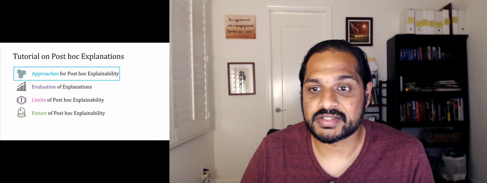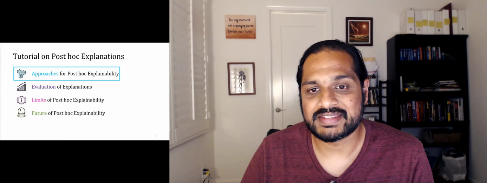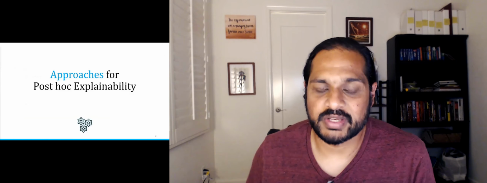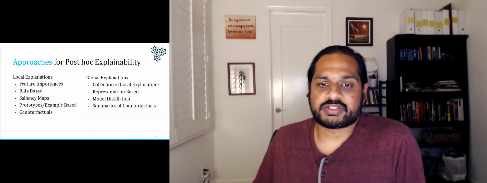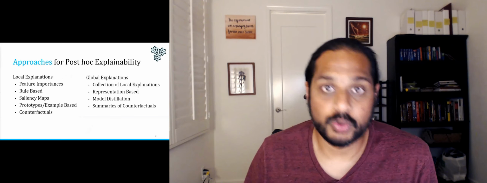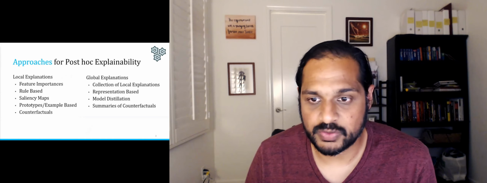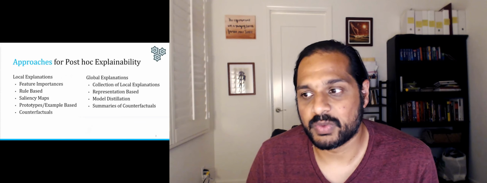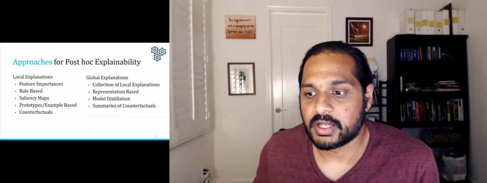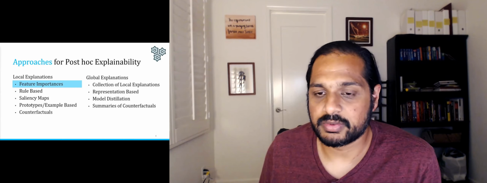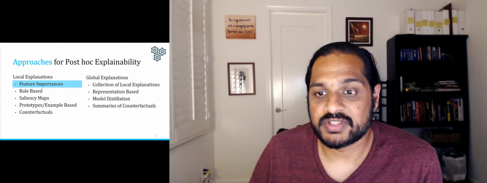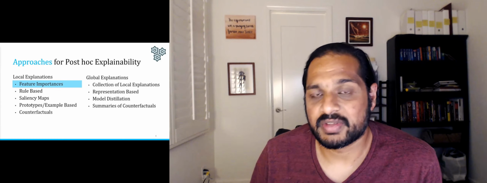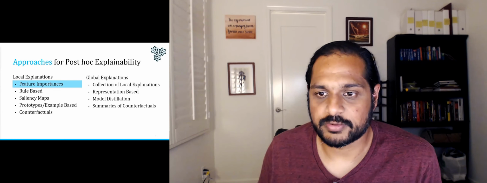Let's start with the first section, approaches for post hoc explainability. In this section, we'll cover some of the commonly used techniques and give lots of examples of what these explanations look like. So this is the structure of this section. We're going to talk about local explanations first, a bunch of different ways of doing those, followed by global explanation techniques and different ways people have approached that problem as well. And give lots of examples for each of those. We'll start first with feature importances, which we'll distinguish from saliency maps, although they're similar, and give some examples of methods that give you feature importances.